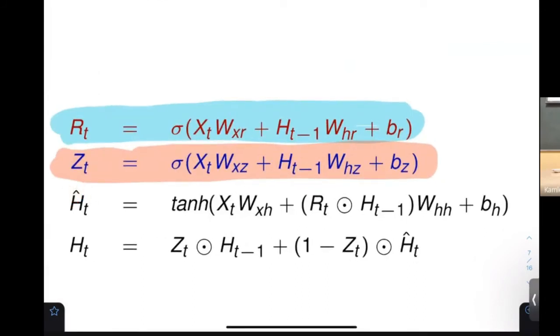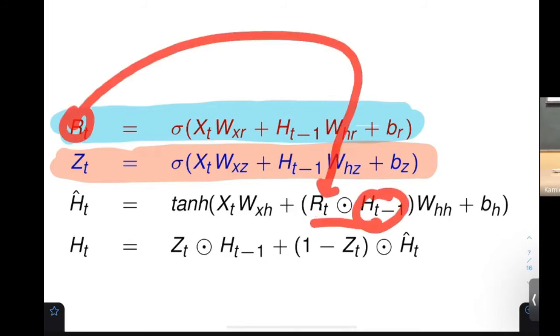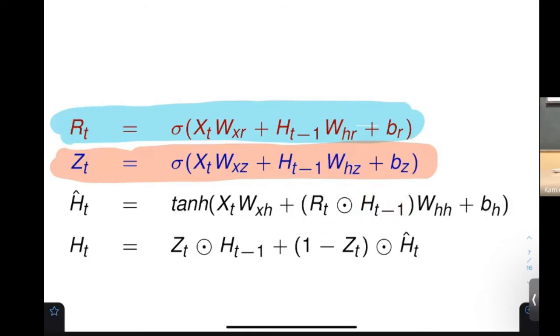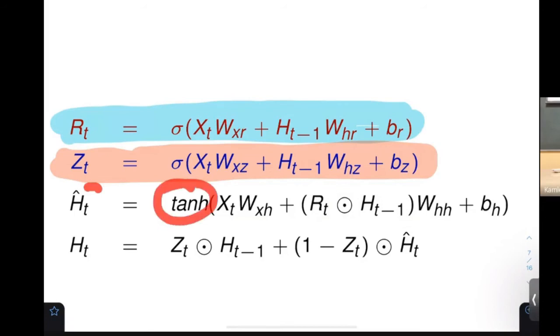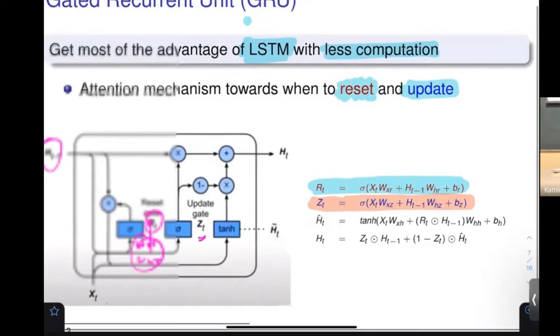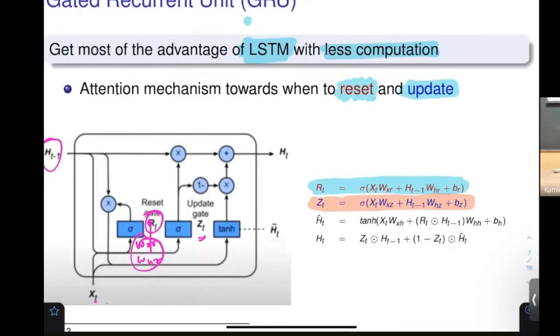How to find out the hidden state? You know that the multiplying factor that I have obtained over here needs to be multiplied with the previous h. Yes or no? Because I told you, whatever the earlier state was, I find out this is the thing that I have to forget. So you multiply this, then you multiply with the weight, and whatever the current input is, you multiply with the weight and apply the tanh. Tanh gives you positive, negative. This is the state that I'm going to have. This is my estimation of the state. Make sense?